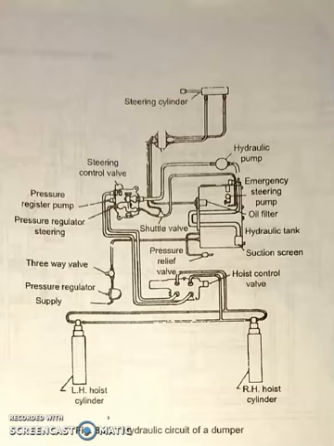The main purpose of the emergency steering is to steer the vehicle in case of trouble developing in the normal steering system. Due to its heavy weight, it becomes difficult to tow the vehicle from one place to another. The remaining two outlets of the flow divider are connected to the hoist control valve, which in turn is connected to the left and right hand side hoist cylinders.